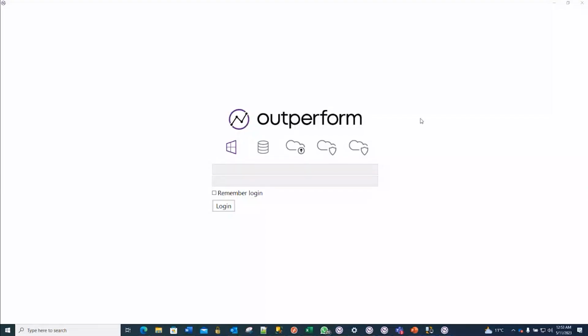In this video, we're going to talk about the sales plan in revenue and in pieces and discuss which price applies where. I have Outperform Planning ready on my right-hand side monitor, so I'll move over there and I will share that with you. So here's the application and we will log in